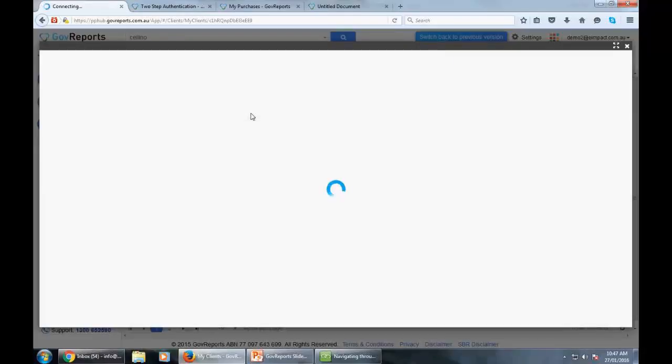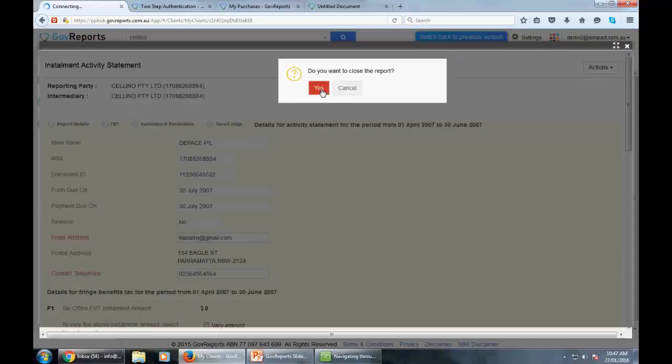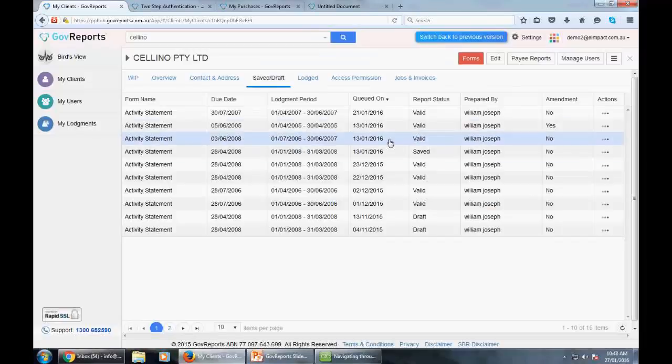Sorry, I got the wrong screen. Shouldn't be here. Once you click onto it, it will basically take you to the draft or edit the draft. So I won't need to do that, sorry. Like I said, it will give you the status, whether it's valid or saved. If it's valid, it's validated. If it's saved, it means it's in progress. And like I said, to delete it,